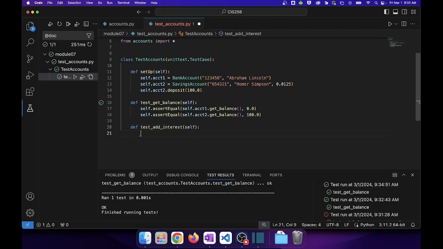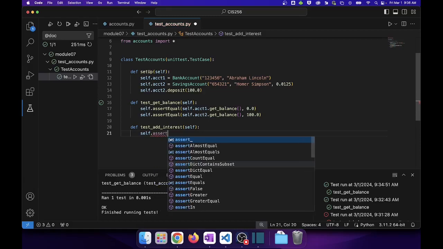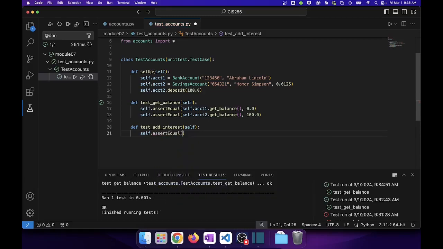So this is for a savings account. What it does is it's going to calculate what the interest is, and it's also going to add that to the balance, and it's going to return what that interest amount was. So assert equal